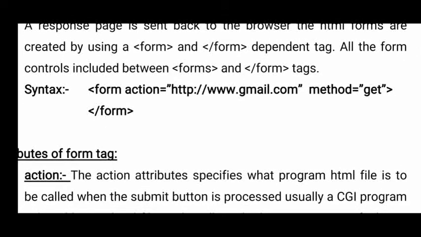Now you see, method equals get. Method means when the data is submitted from a form to a server, to a database, how that data should be submitted. Here method means the different methods, get method, post method, different methods we have, and the different methods work differently, that is, they process data differently. That we will discuss later. So how should data be sent? The action attribute means where the data should be sent, and method equals how the data should be sent.